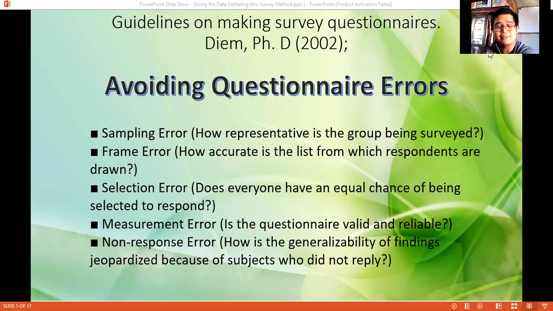Selection error, diyan papasok si random sampling, nag-draw lots ka ba? Or dahil maliit because the population is just small, say for example 70, you decided to collect the whole 70. So sometimes there are selection errors. This is a frequently committed mistake of researchers. Minsan ang kanyang respondents ay hindi naman talaga yung nakukuha niyang sample, hindi naman nagre-represent doon sa population.